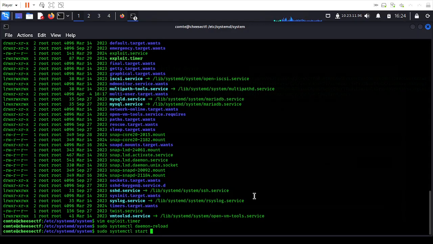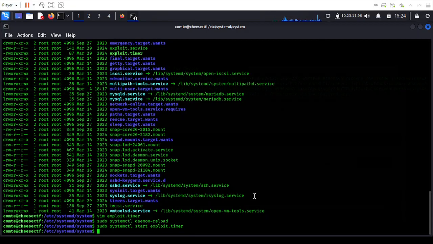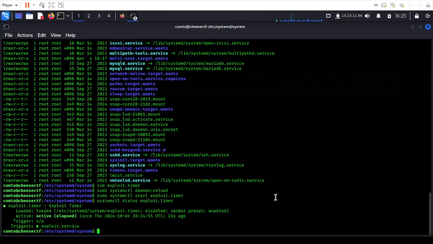Come on, let's start exploit.timer. Then let's see its status. So as you can see, the timer is now active, and